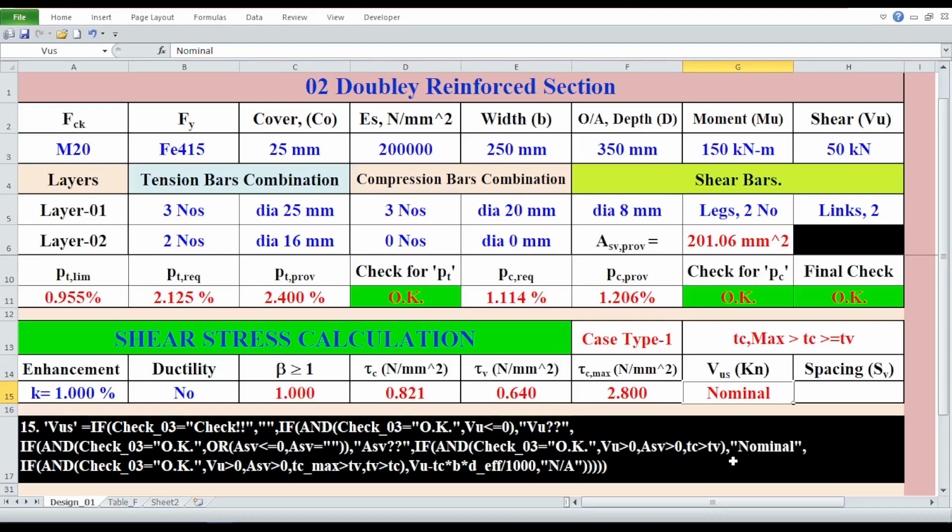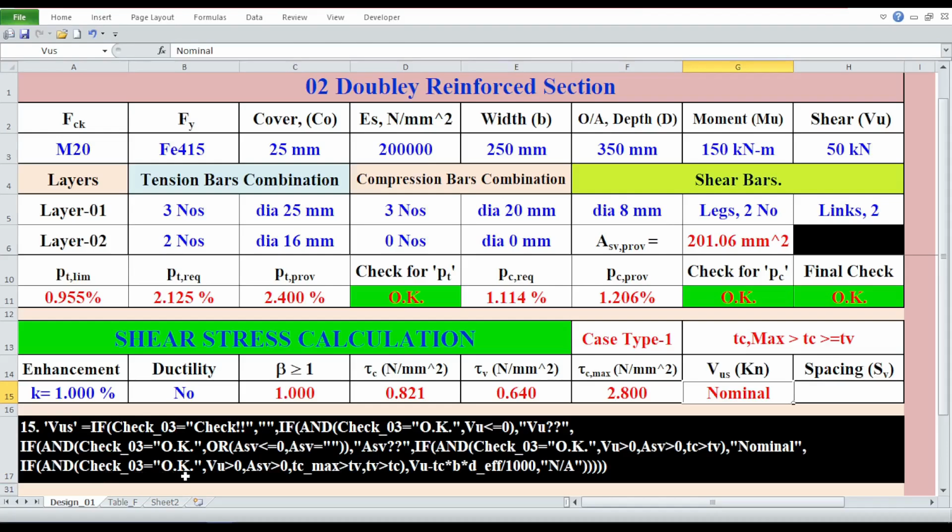Close parenthesis for the n function, comma, then within quotation, nominal, comma, if, open parenthesis, n, open parenthesis, check_